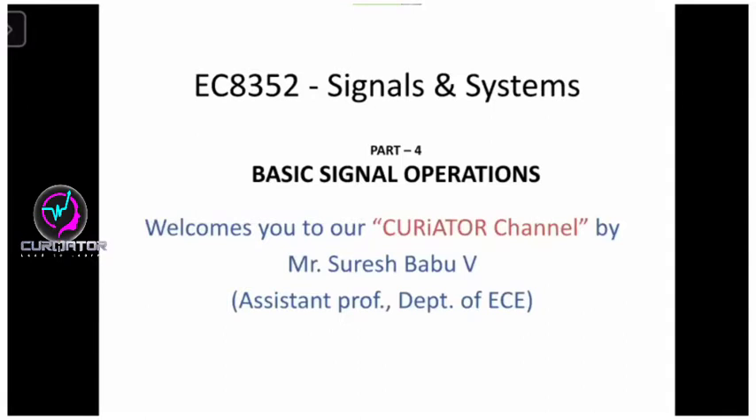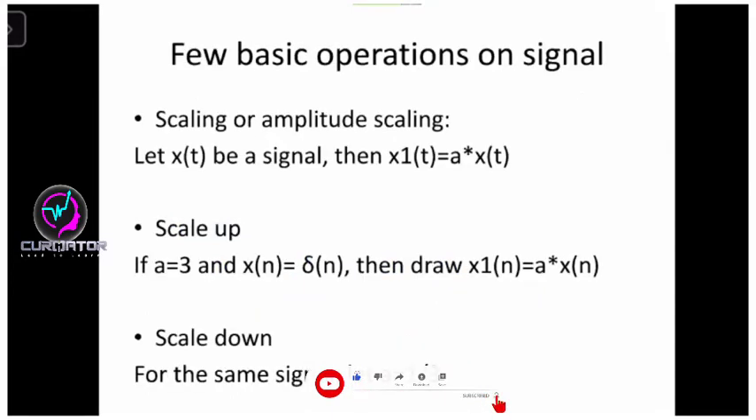This is our fourth lecture on signals and systems in English. Today we are going to discuss a few basic signal operations and how to represent a continuous time signal and a discrete time signal. First let us see how to represent a continuous time signal and a discrete time signal, then followed by it we can discuss a few basic signal operations. As I said before,